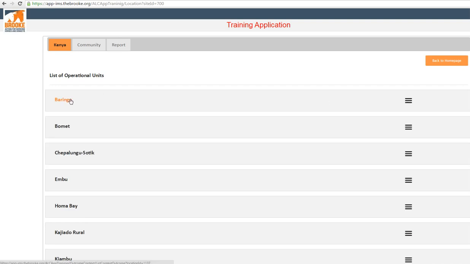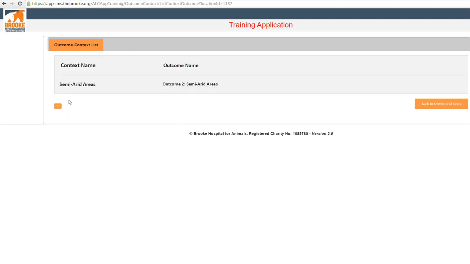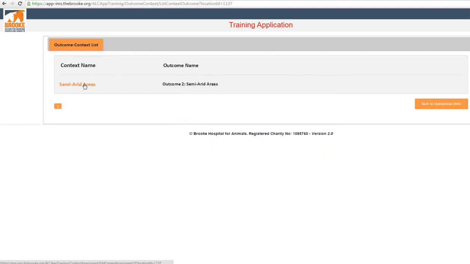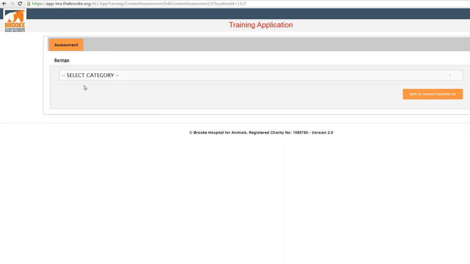Now, let's look at what happens if you click the operational unit name. It takes you through to this page, which lists the outcome from your log frame and the context, which is usually the same as the outcome. So Baringo is part of the semi-arid areas outcome, so that's the only choice we have here. So if we click on this orange text, it takes us through to the next page, which asks you to